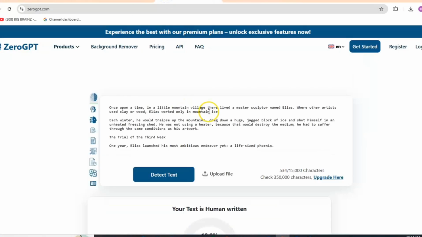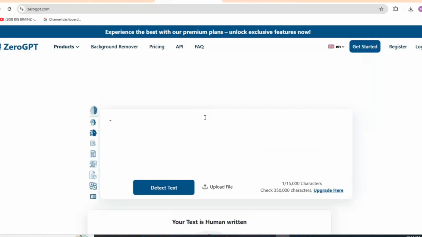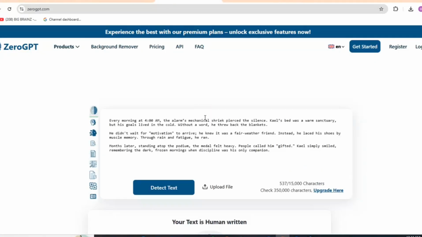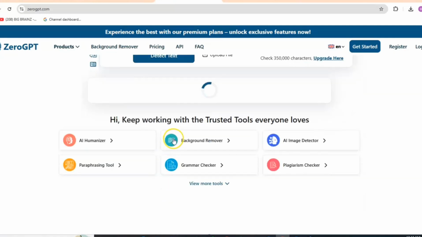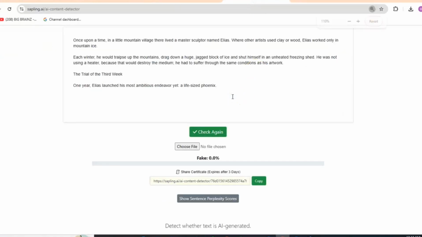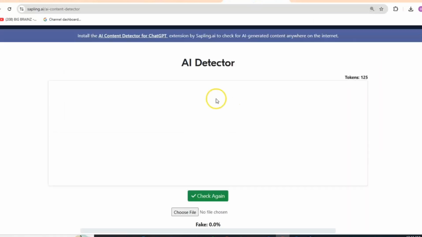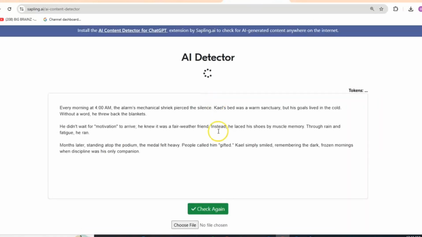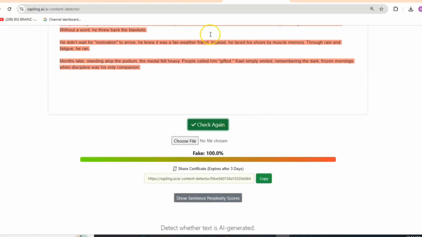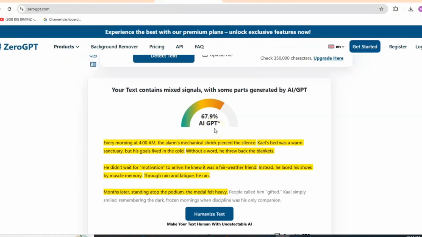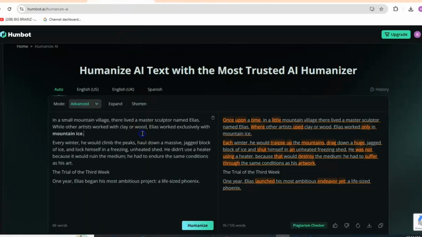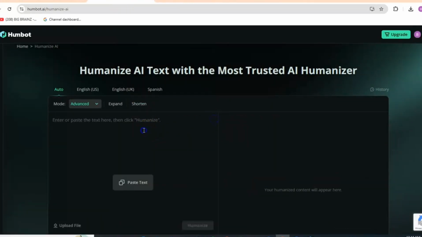So let us detect this. Clear this, always clear the previous one and paste it, guys. To go ahead and detect, and let us see what it says to us, and head back over here. Now immediately you paste into this one, it begins to detect on its own. So it's already checking for me. Check again, and boom, 100% AI. This is 7.9% AI. So let us go back to the AI humanizer, clear all this out, and then paste the new